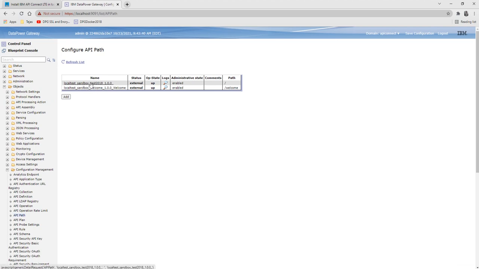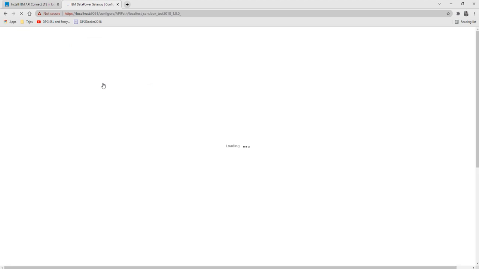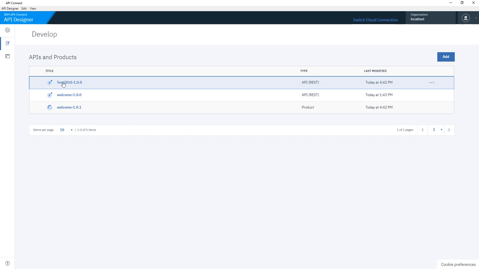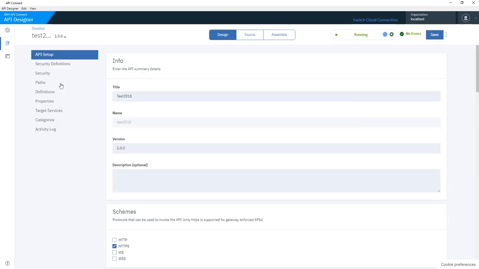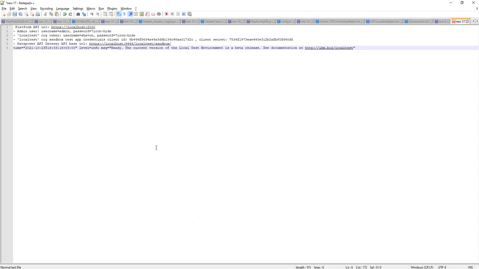Here we can see this one, test 2018. Here we can see all the operations we have for this one, and it's running here. So how can we run that one, I'll show you.